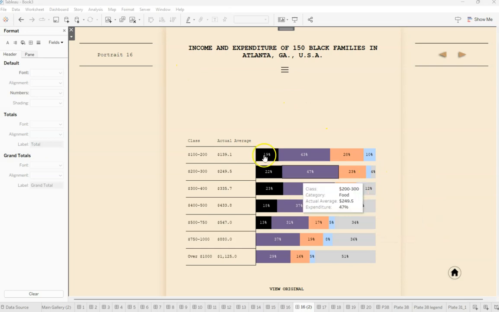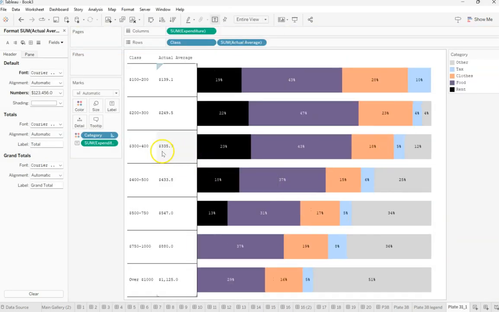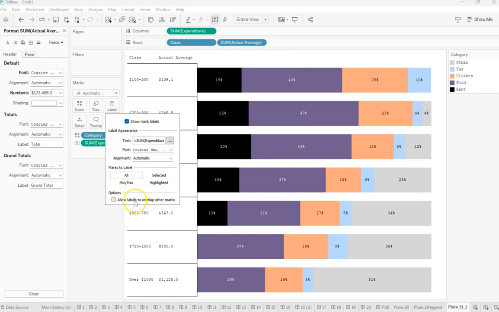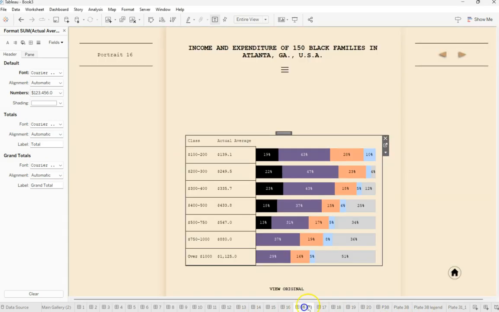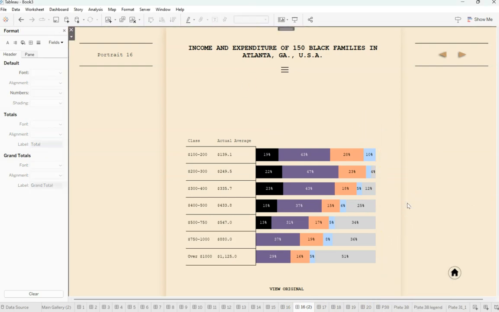See this here? Let me see. I don't want to see anything overlapping. Just personal choice. So if I can label, okay, so it isn't. Oh yeah, this is kind of close. Oh well, anyways, continuing on. So now we have this little front bit here. Fit entire view, great. Now we can bring in